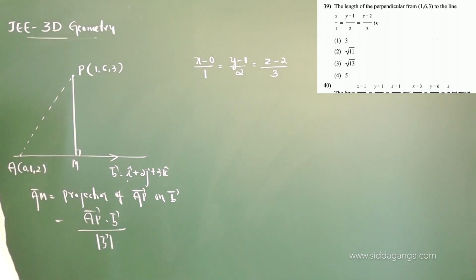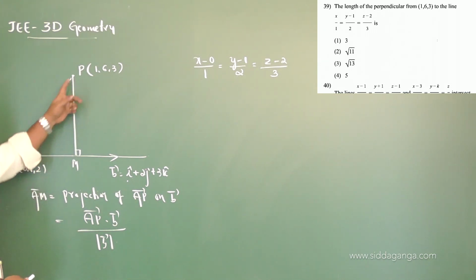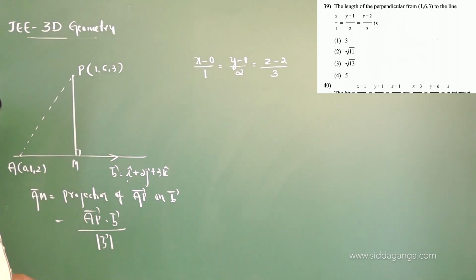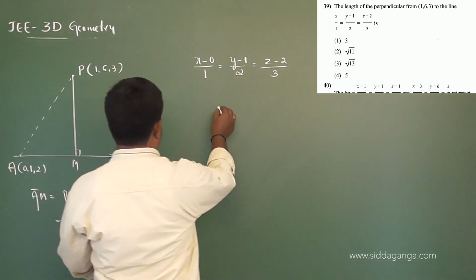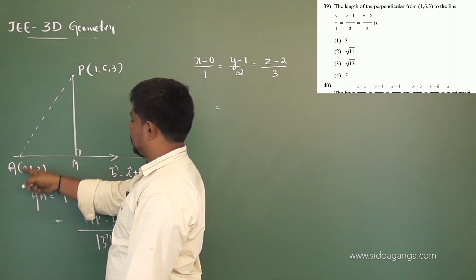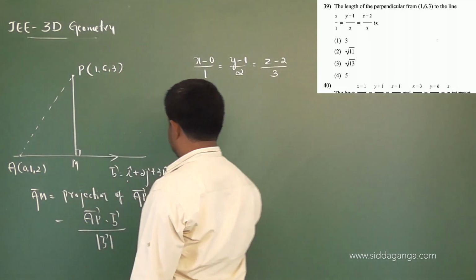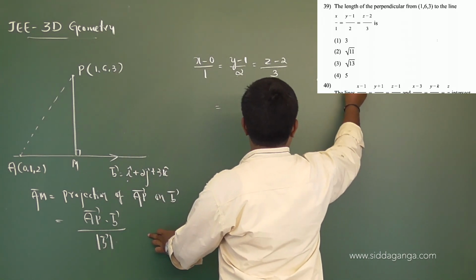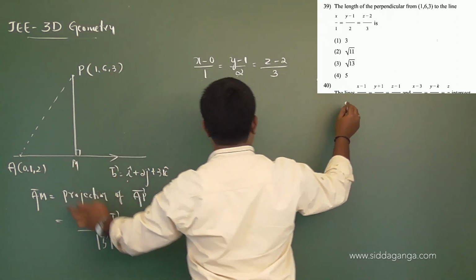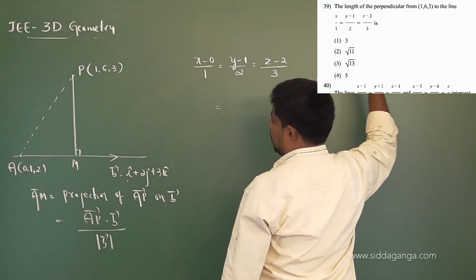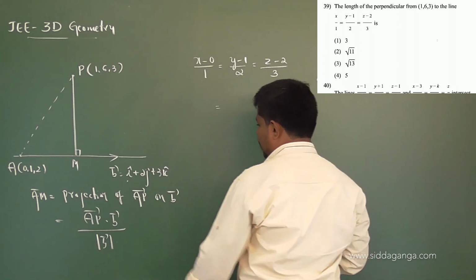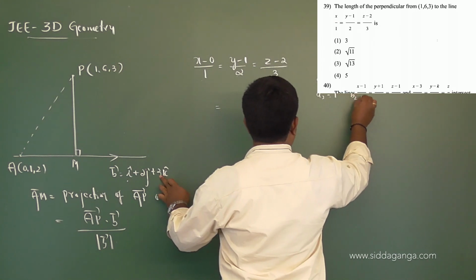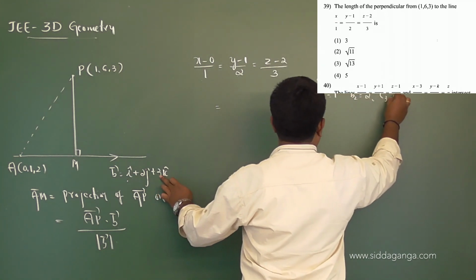So, why am I finding AM? If I get the value of AM, AP also you can find, and from these two you can find the length of PM, that is the thing. Now, the ratios of AP are what? X2 minus X1, Y2 minus Y1, Z2 minus Z1. So, A1 is equal to 1 minus 0, B1 is equal to 6 minus 1, that is 5, and C1 is equal to 3 minus 2, that is 1. And B having ratios 1, 2, 3, you mean A2 is 1, B2 is 2 and C2 is 3.